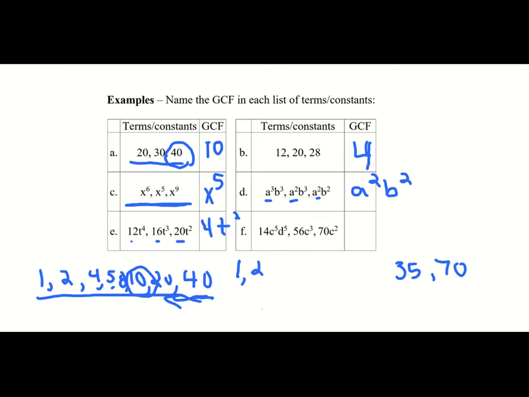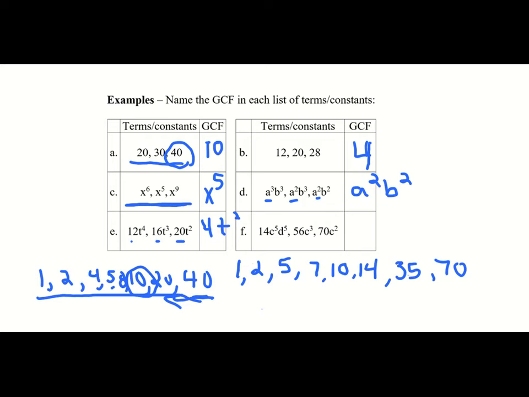3 does not go into 70, but let's see, 70 divided by 4 will not work either. 70 divided by 5 will work, and it's 14. So we have 5 and 14. 6 does not go into 70, but then we also have 7 and 10. Okay, so